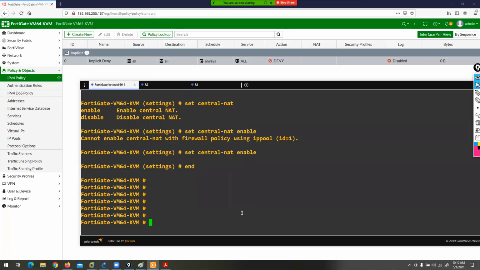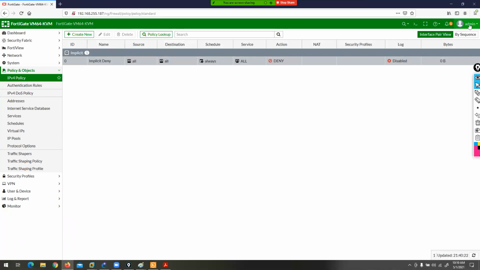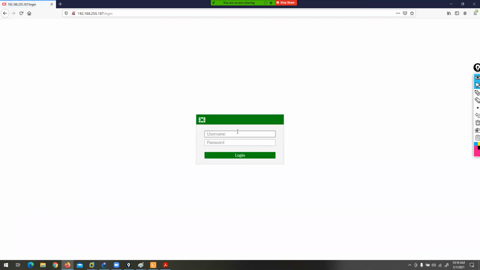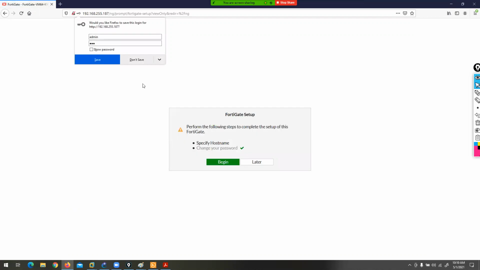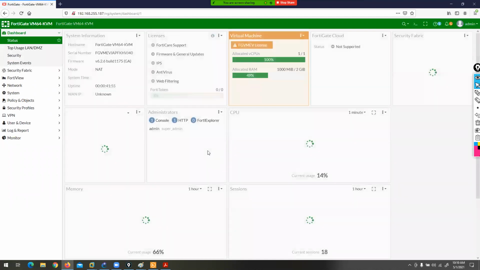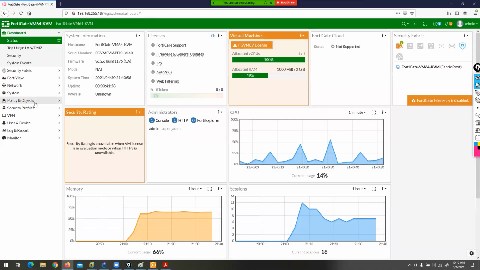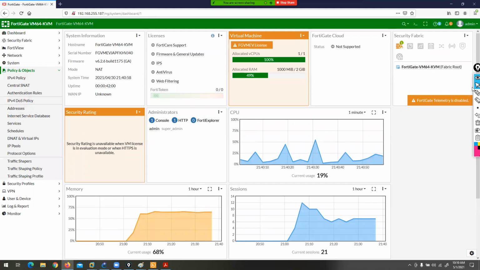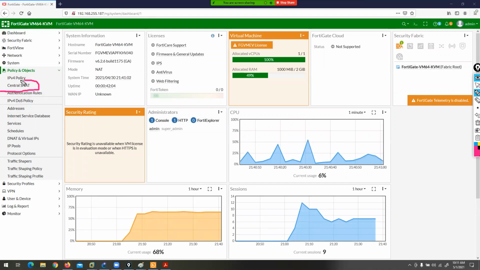Now you can log out and log in again. This time if you click on Firewall Policy, you can see there is an option here: Central NAT.